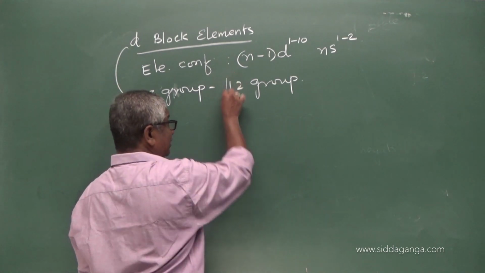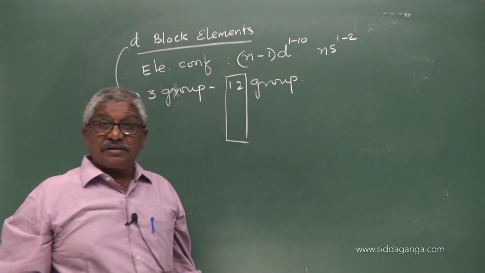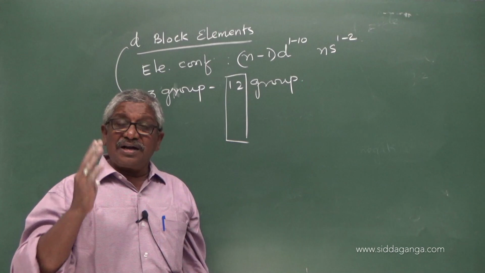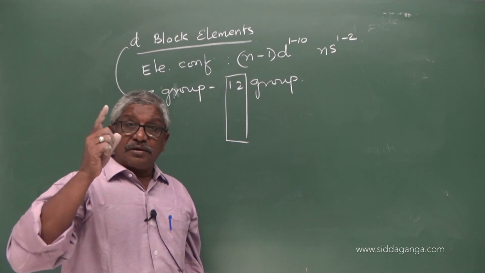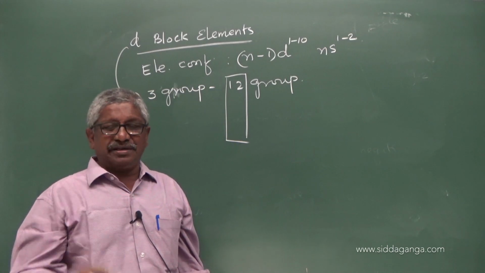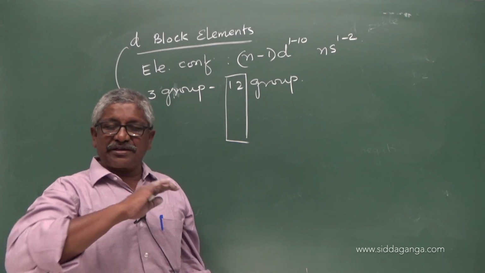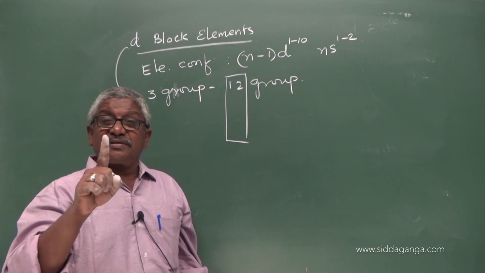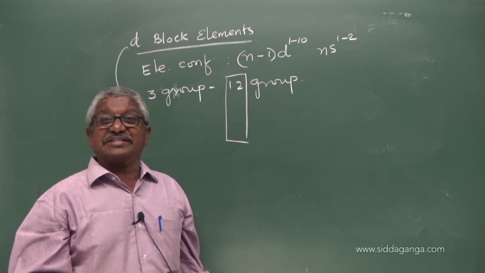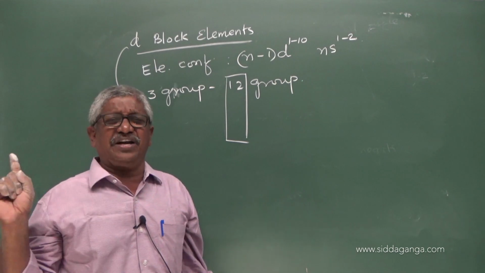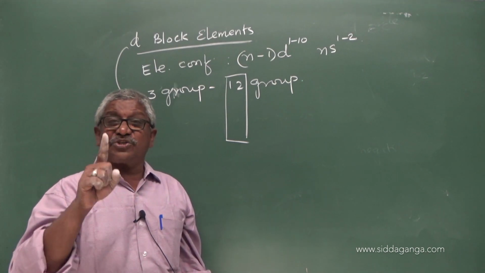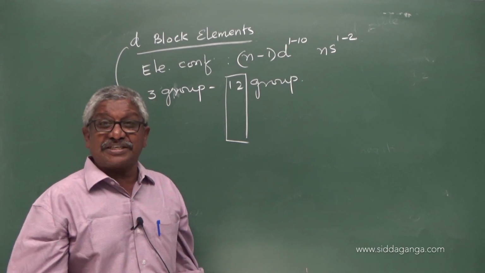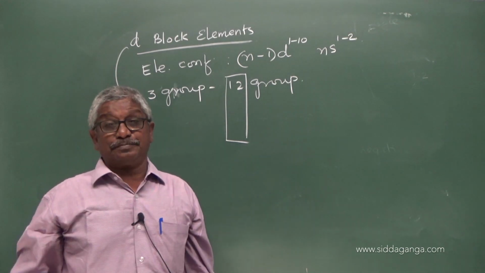But in the 12th group elements, the last electrons are not filled or not half filled in the 12th group. For example, zinc, cadmium, that all will be coming next. In ionic state the d orbital is to be half filled, or in atomic state at least 1 orbital is to be half filled. The last electron has to get filled up in the d orbital, either in ionic state or in atomic state, then it is called d block elements.